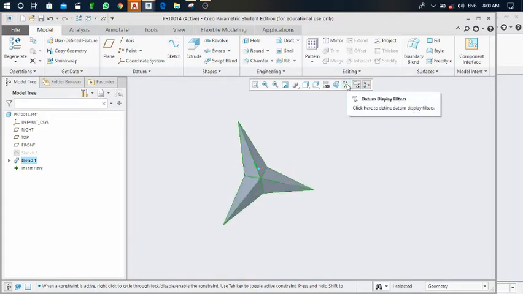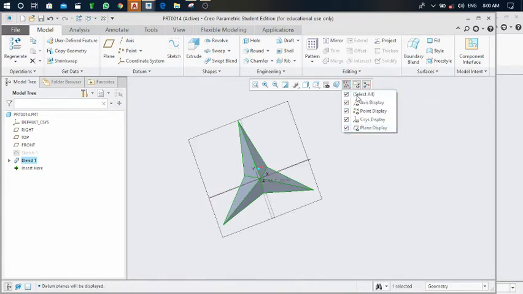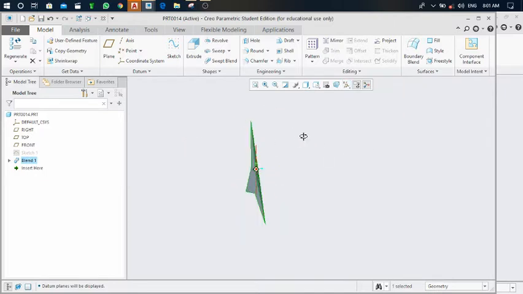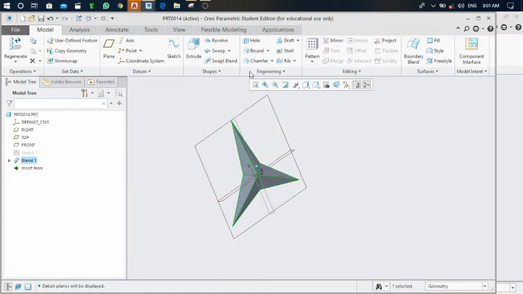go here. Here are the data and display filter. Just click on it, select all, so that you can see this axis, point, display, coordinate system, and plane, like this. These are the planes.